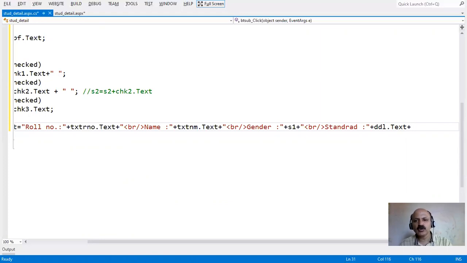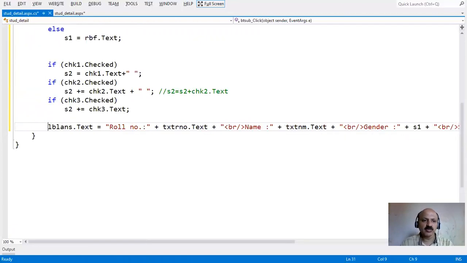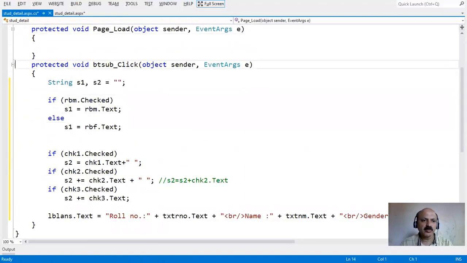When you treat the drop down list box as a class, tags is a property, and when we use it in the source code, that property is known as an attribute. Here we have supplied our last field, the hobby heading, plus S2, which is the value of our checkboxes. That is the completion of the coding part.